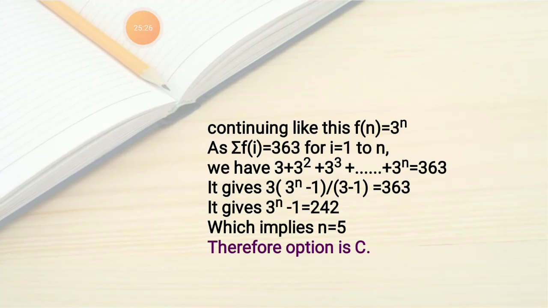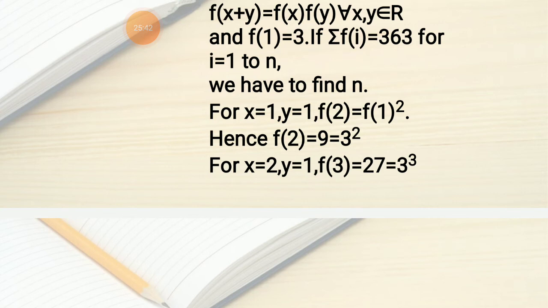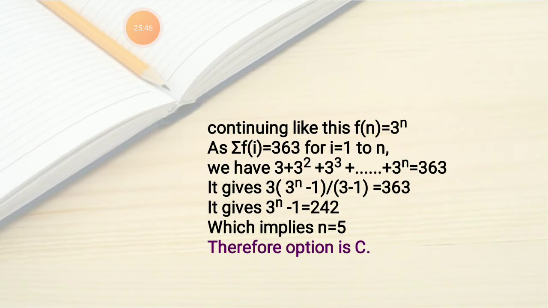But sigma f of i is 363, i equal to 1 to n, we get f1 plus f2 plus up to fn is 363. So 3 plus 3 square plus 3 cube, and so on, 3 power n is 363. Of course here f1 is 3 means 3 power 1, f2 means 3 square, f3 means 3 cube. So this is a geometric series: a plus ar plus ar square, like that we have. So a into